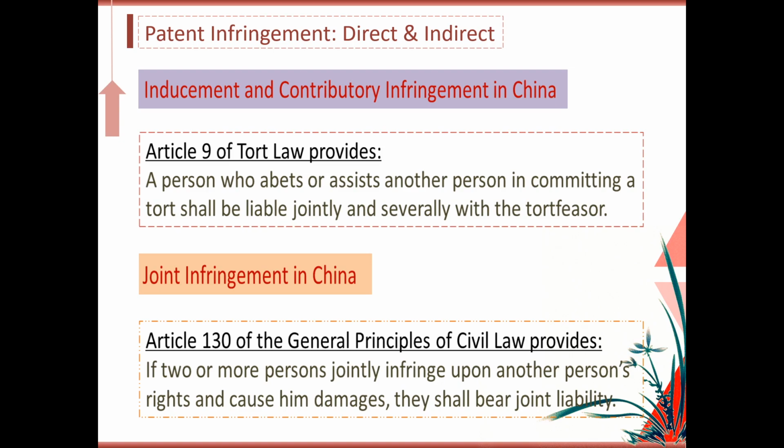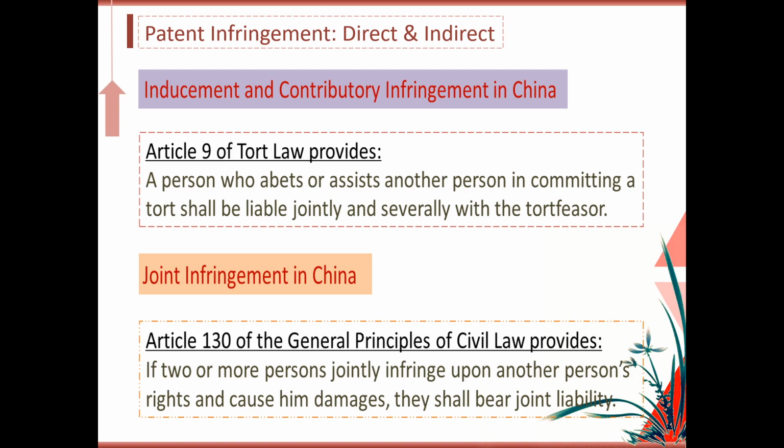Party B is the one who provides A the venue and the raw material to complete the final products. You see, under the theories of inducements and contributory infringements, the direct infringer would be liable for making, selling, or importing the infringing products,